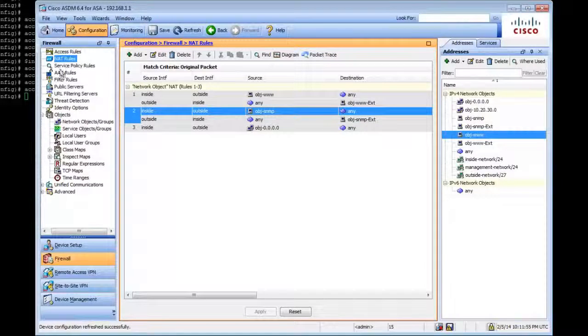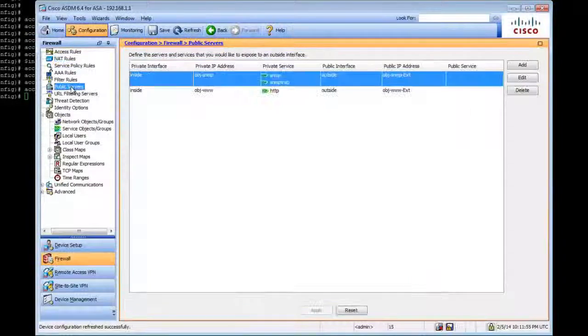Additionally, in here we have something called public servers. Because we made these internal servers public, if I click on public servers, there you go, it automatically puts it into this category because it knows this is a public server, and so all your public servers will show up here. Fairly simple. Okay, so this is how you would set up an access rule and setting up NAT